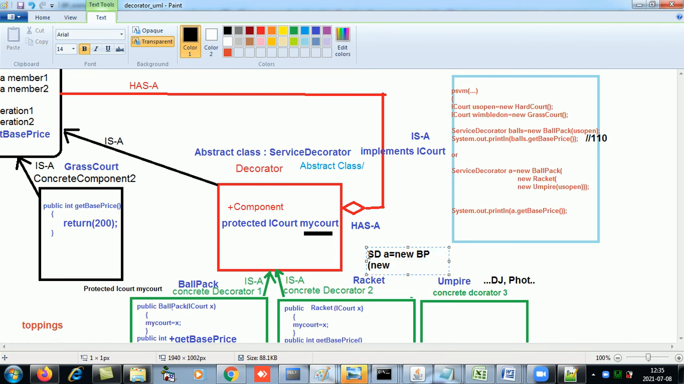new Racket, new Umpire. So these are my decorators, and I am decorating which object? I am decorating usOpen, which is of type ICode. And now using A, if I say getBasePrice,